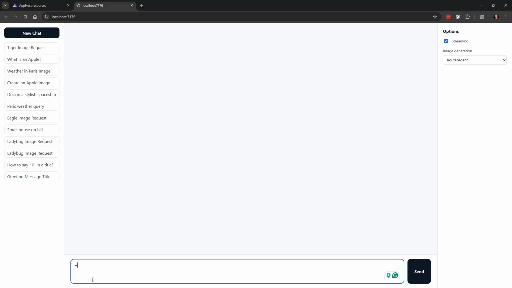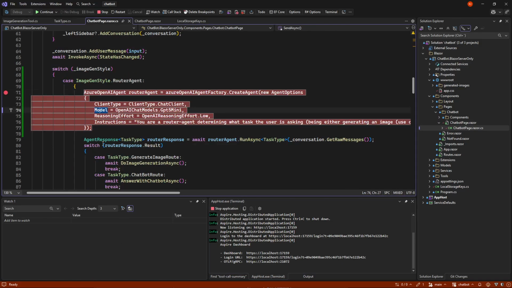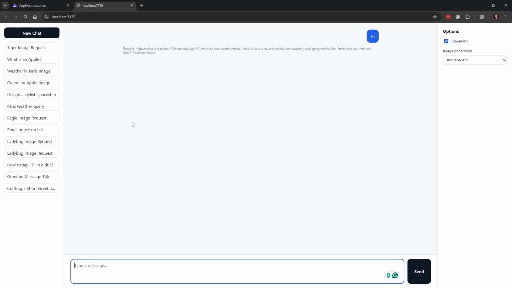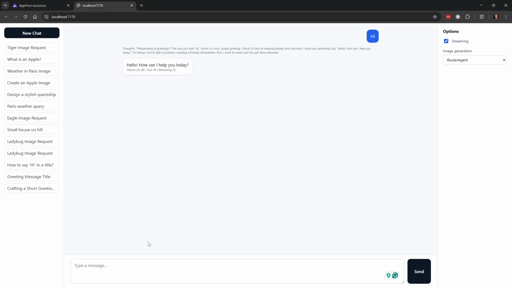So we can just say hi like we normally do. And I will move this breakpoint while we wait, and then we'll go into it. And that just answers back like normal, what a ChatGPT will also do.